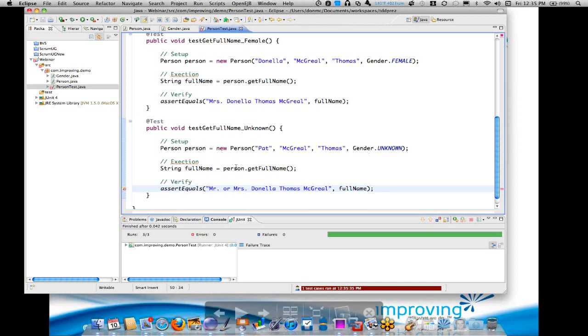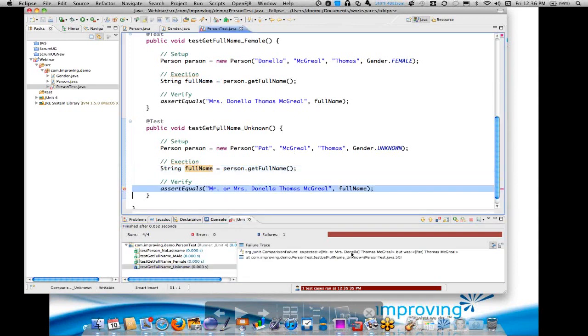So I create a person, I get the full name back. At this point it compiles. Ignore this little thing, this is part of Infinitest. It's just telling me that that runtime test is failing. But I should still be able to run my tests here, and this should fail. I'm now at the start of the red part of the red-green-refactor. So unknown does not work. It tells me why here. It says Mr. and Mrs. was expected,